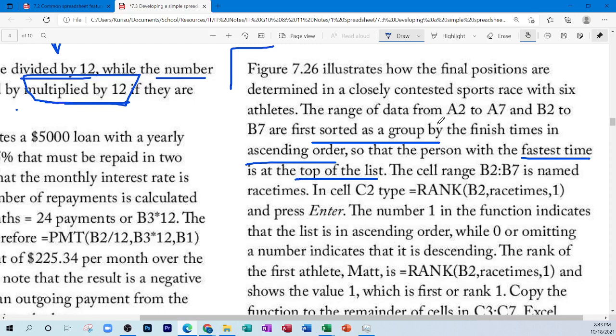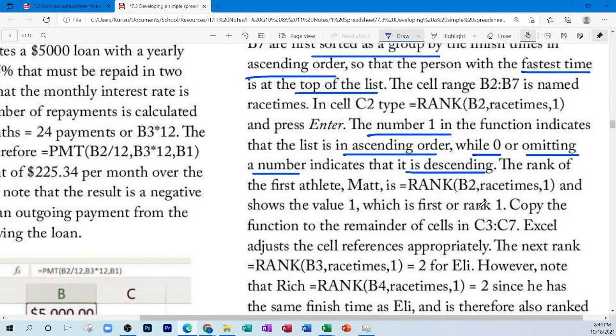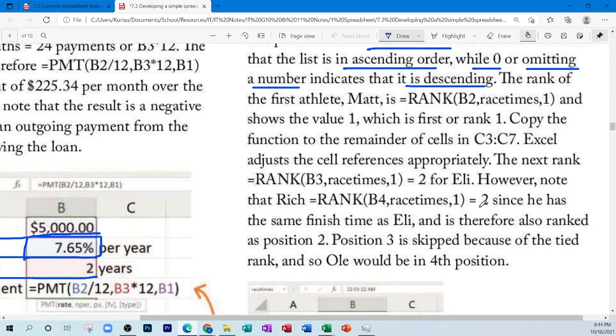The cell range B2 to B7 is named the race times. In cell C2, type equal rank B2 race times 1 and press enter. As number 1 in the function indicates that the list is in ascending order, while 0 or omitting a number indicates that it is descending. The rank of the first athlete, Matt, is equal